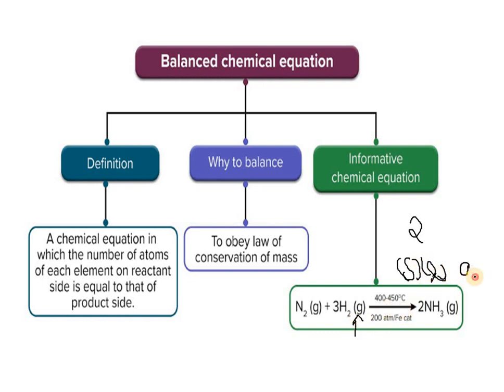Now, how will you indicate the aqueous solution, that is AQ? In this equation, you can see that the physical state of the reactants and the product is already given. Now, the second method to make the equations more informative is by indicating the condition under which the reaction occurs. In this equation, you can see that the temperature is given, that is 400 to 450 degrees Celsius, as well as the catalyst. This is what we mean by indicating the condition under which the reaction occurs. These are the two ways in which you can make the equations more informative.